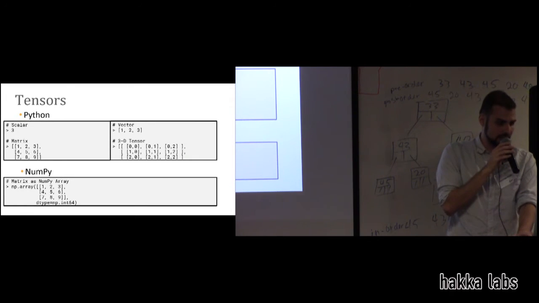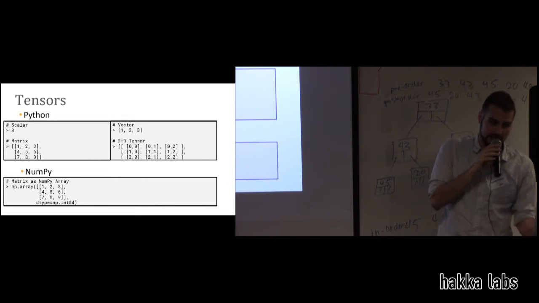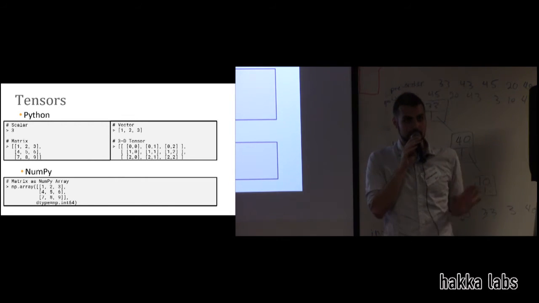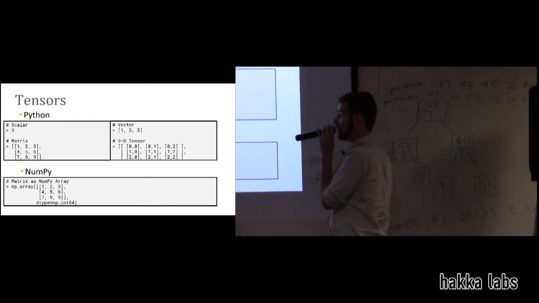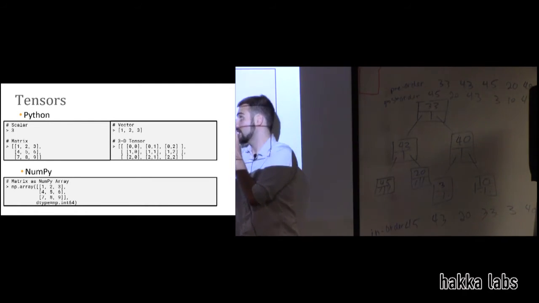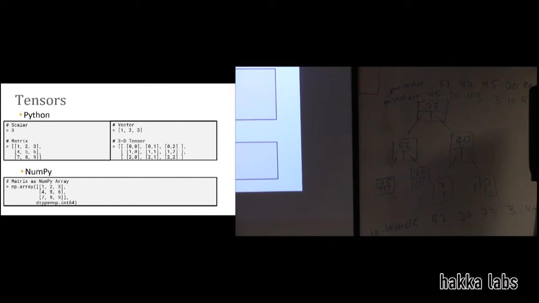OK, so just to go over how you would define tensors in TensorFlow for those who haven't seen it, you can do them as standard Python lists. Up here on the top, we have a scalar. It's just a single number. You can pass this into TensorFlow operations, and it'll just read it as a tensor. Same thing with a single vector. Or we can have a list of lists and have a matrix. Or we can have a list of lists of lists and have a 3-dimensional tensor, and you can go even further.